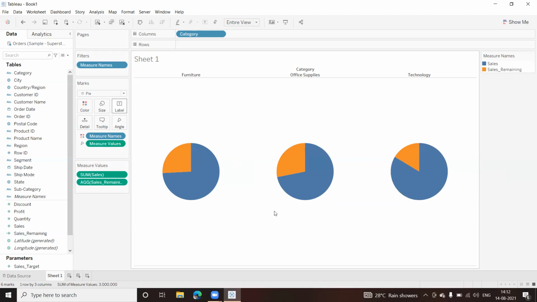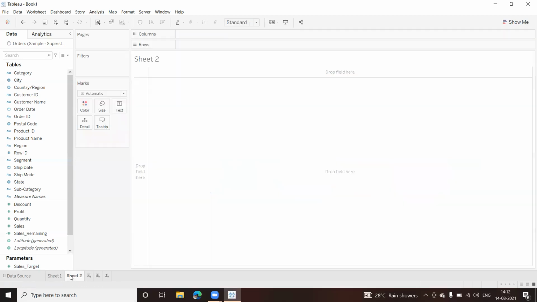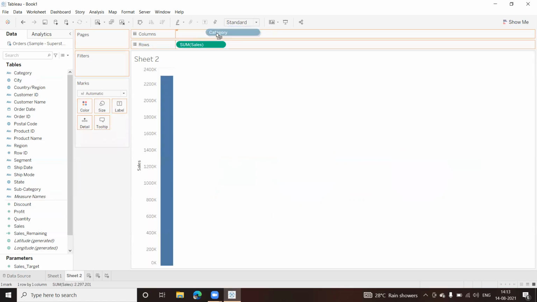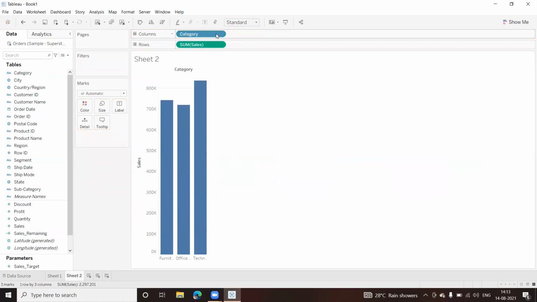But that is not what I want. I want a donut chart. So for this, I need to play a trick here. So I'll just come to another sheet here. I need to create multiple axes. Now, suppose, for example, I have this sales here and I have this category here. If this is my chart, and if I want to divide this into 2 halves,